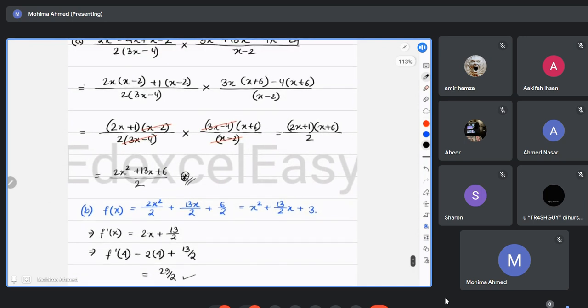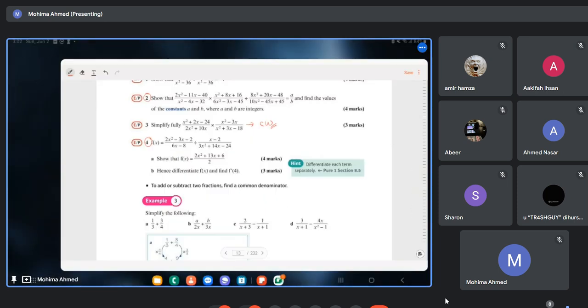Is there any question from this part B? No, miss. Quite easy there, right? This type of questions are quite easy. So we are done with our 1A. Chapter 1 is entirely complete. But there's a little password.